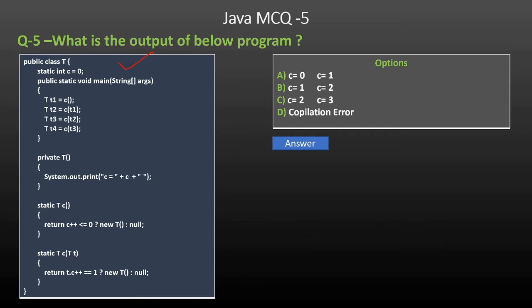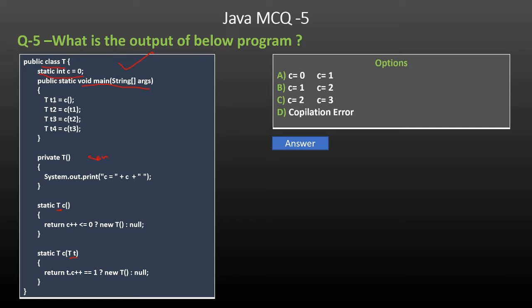As you can see, this is the class and then we have a static variable which is C. And then we have a method here. The class is T, so this is not a method, this is actually a constructor, as the class name is also T. And then we have another method which is returning an object of the same class. And then we have another method which is taking a parameter of type T and also returning type T. Okay, pretty interesting. So let's see from the main method.